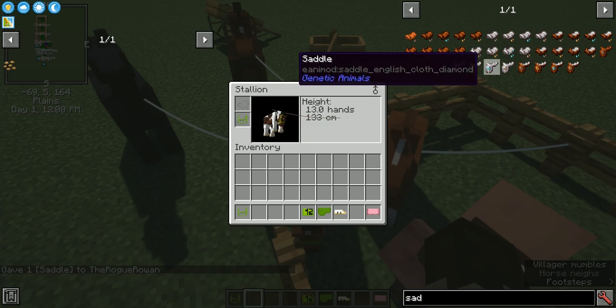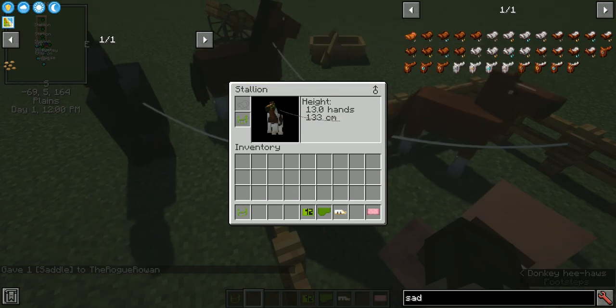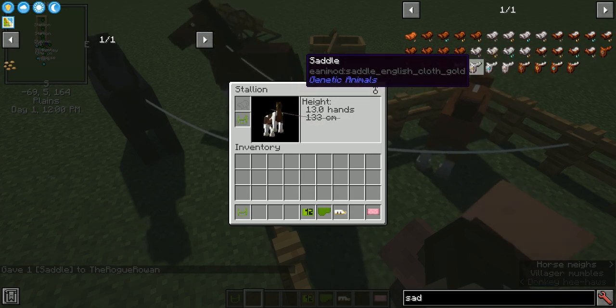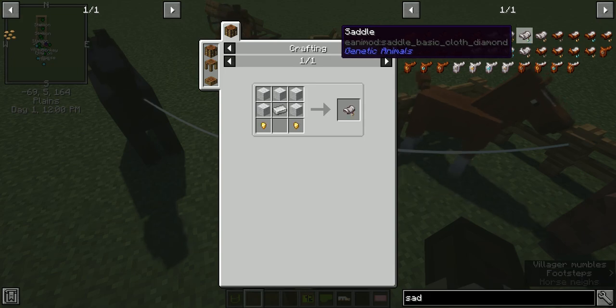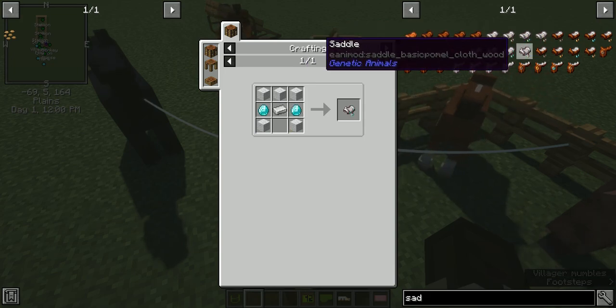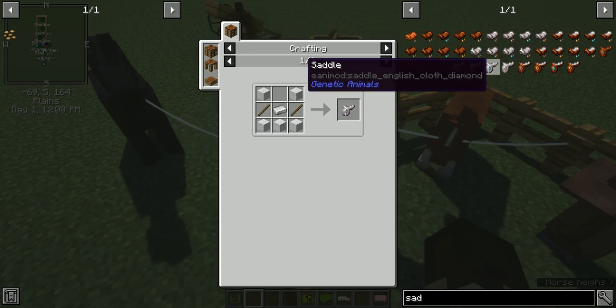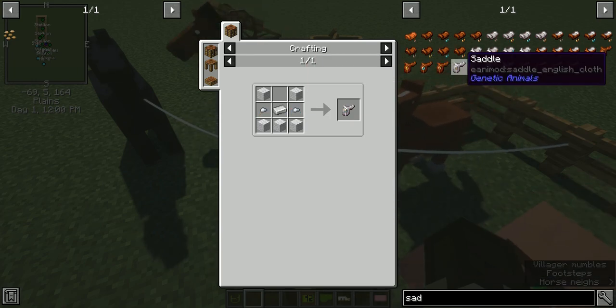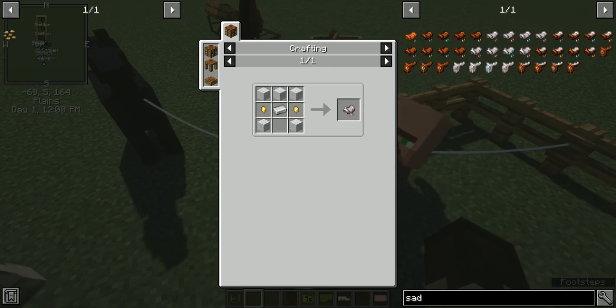Oh, yeah, also you can use genetic animal saddles with realistic horse genetics. And these all have crafting recipes for the server. This is a server exclusive thing. This is not part of the mod normally, but genetic animals saddles have crafting recipes so you can make saddles